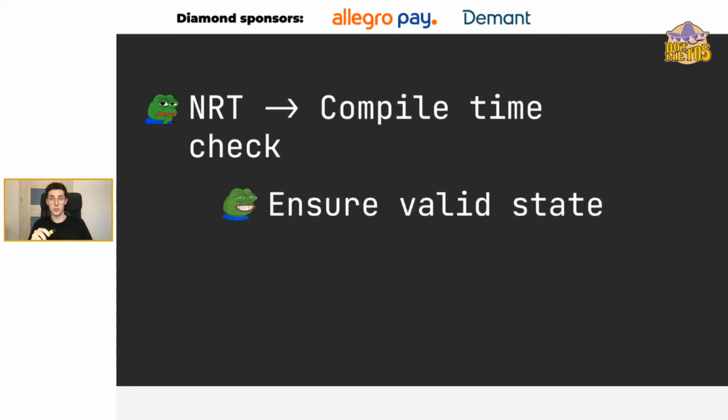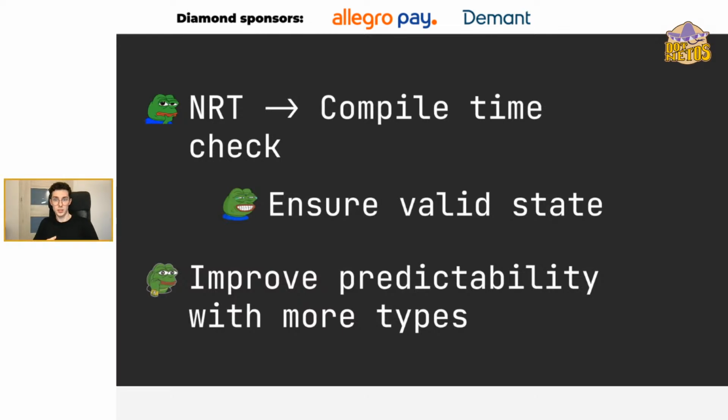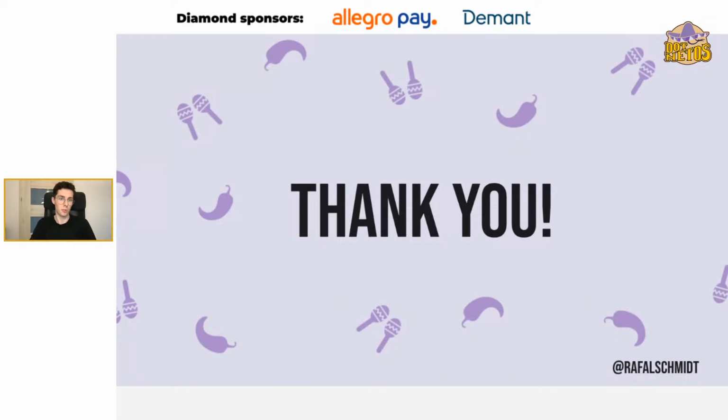And obviously, we need to ensure that the state is valid. I'm recalling here the Json deserialize example with a person. So you need some tooling because the C# language does not provide us, so we need something else if we want to have the same behavior as we have, for instance, in the Kotlin and Jackson, as you saw, because we don't want to be like this guy. And last one, it's important to improve our predictability in our code by introducing more types to feel more like this dude. So thank you very much, and happy to answer all your questions.